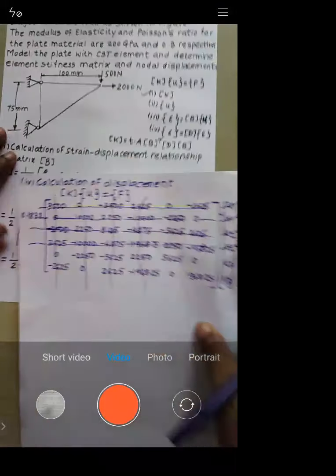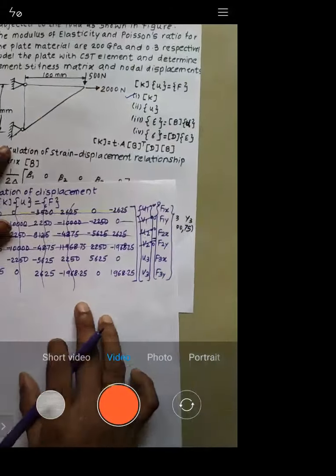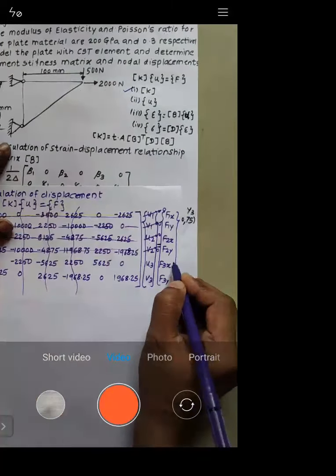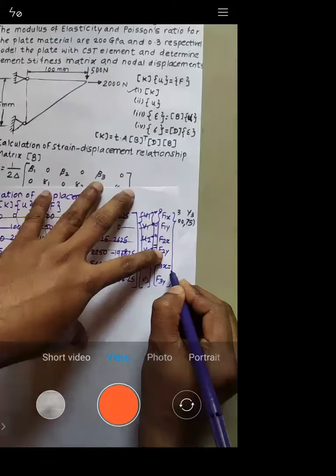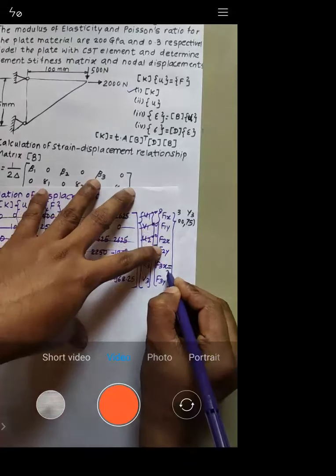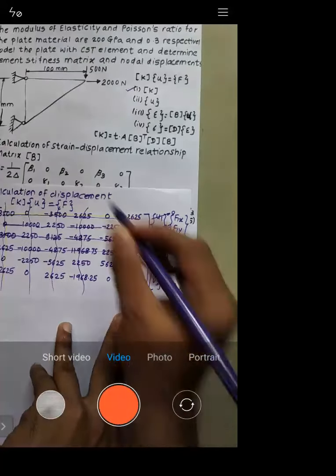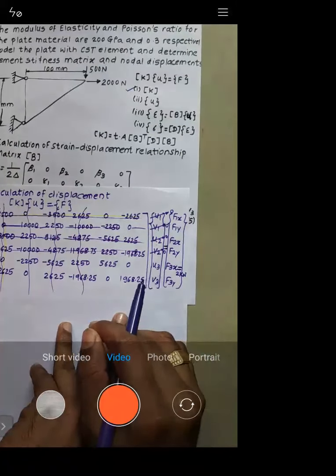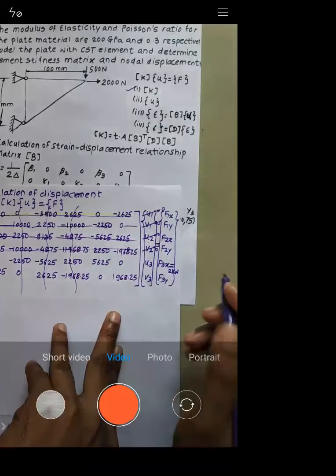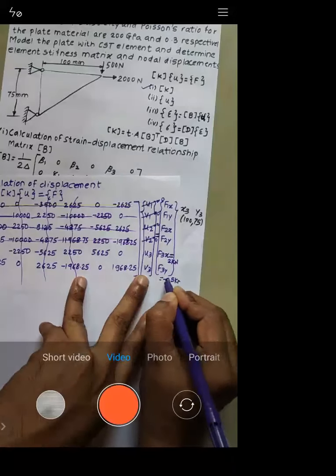Now see this problem. What is the force exerted at node 3 in x direction? It is 2000 Newton, so I will write down F3x as 2000 Newton, right? So this is 2 kilonewton. Say yes or no? F3x is 2 kilonewton. Now the force applied at node 3 in y direction is 500 Newton coming down, right? That means it is minus 500, but this is to be taken in kilonewton. So this is minus 0.5 kilonewton. Is it okay?